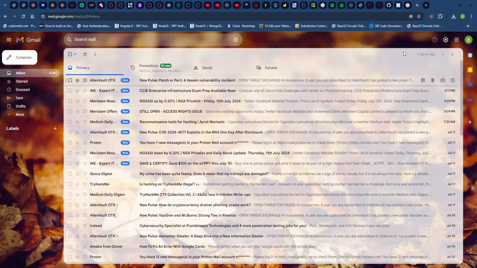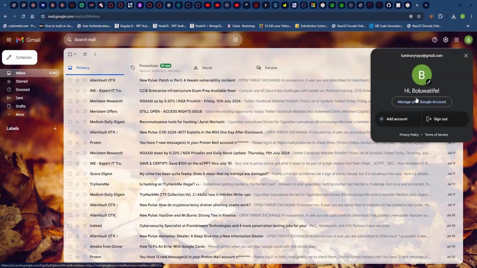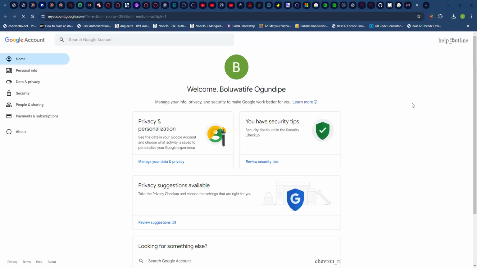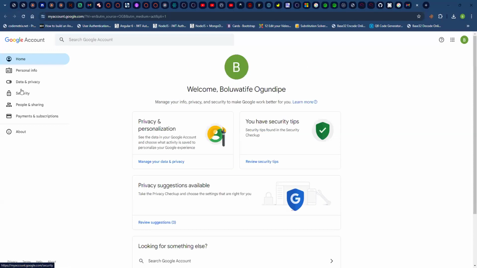So once you are in your mailbox, you need to come to where you have your user icon here. Click on this, then click on manage your Google account. If you go to manage your Google account, we want to search for something. It's under security, actually.